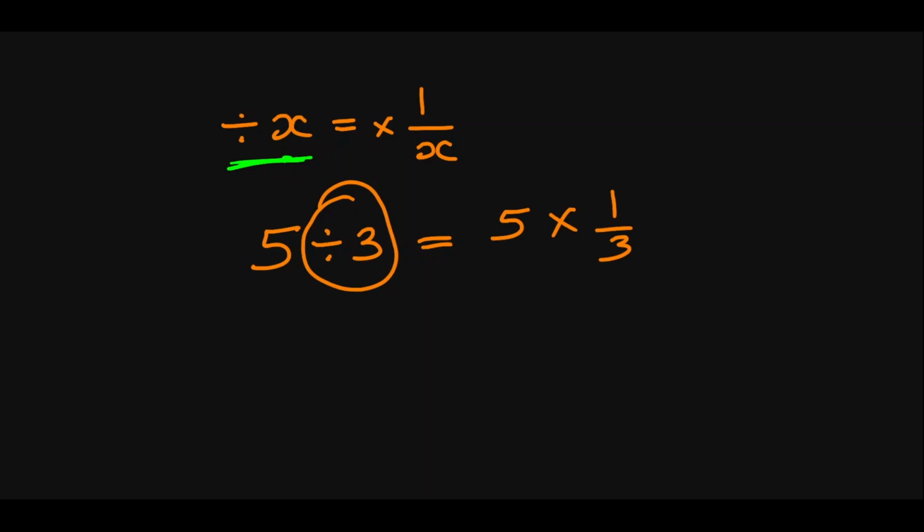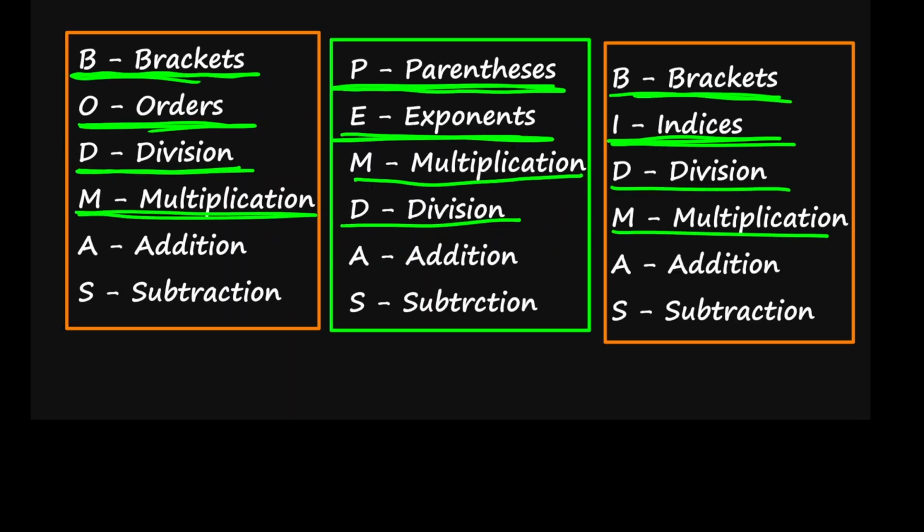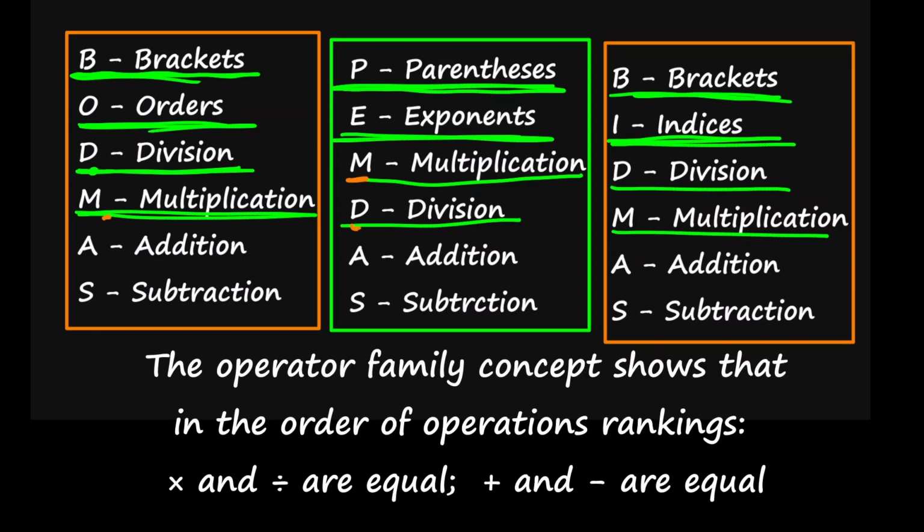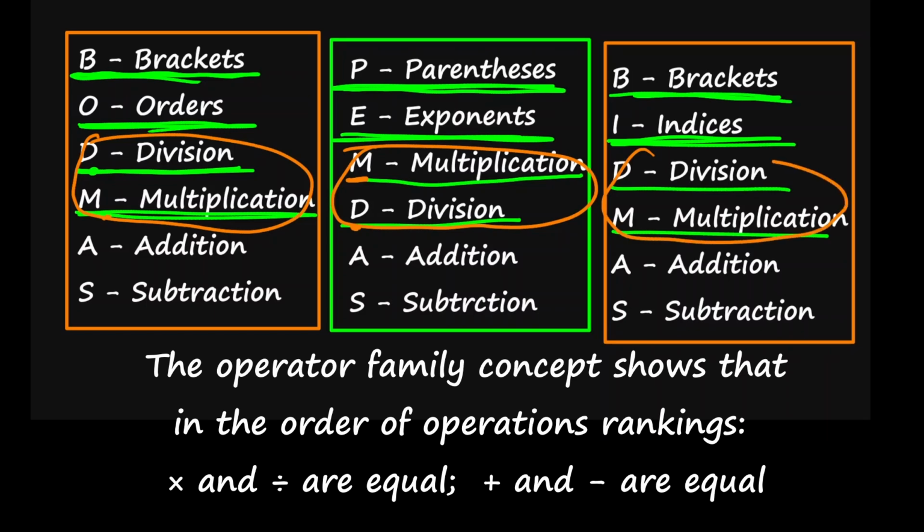Now let's go back to the order of operations, the BODMAS display, and see how it changes everything. Now we are back here. Having gone through those three concepts, you now understand why this acronym BODMAS puts division before multiplication, why PEMDAS puts multiplication before division, because it doesn't really matter which one comes first. I could even change the BODMAS to BOMDAS, that is multiplication before division, or change the PEMDAS to PEDMAS. It makes no difference because these two operators are from the same family. It doesn't matter which one comes first. Anyone can go before the other because they are from the same family.